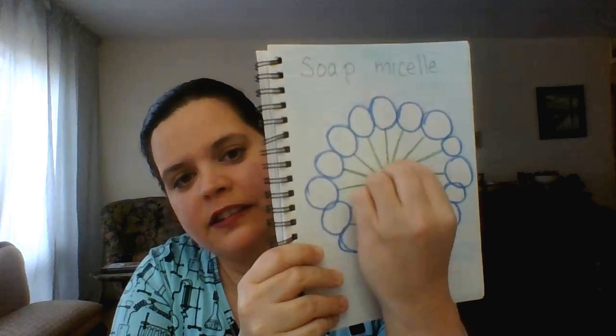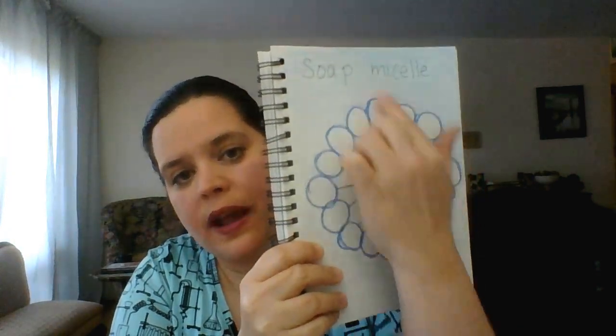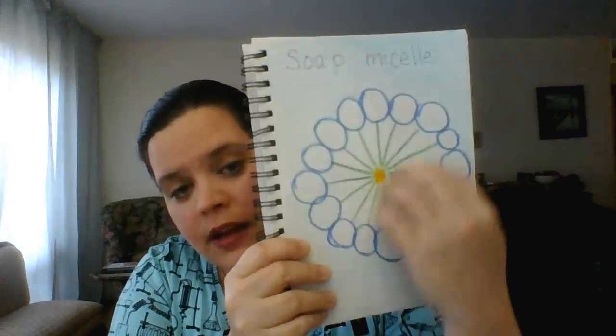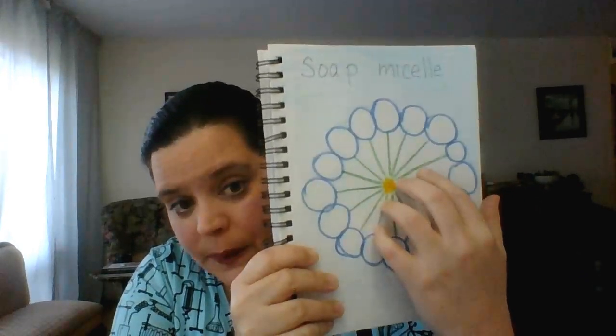This shape effectively pushes all of the water out of the way, so it's now outside the micelle. And every part of the molecule is where it wants to be. So when we put the soap in the milk, the soap started moving inside the molecules of the milk, pushing things around. The soap actually made the fat in the milk move around and twist and turn so that it